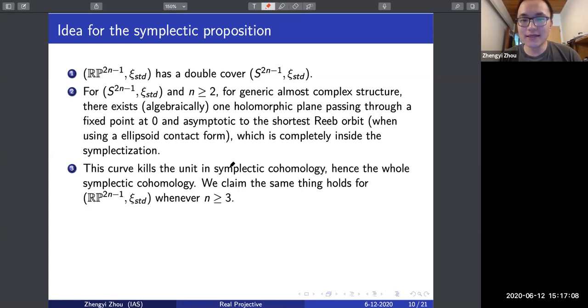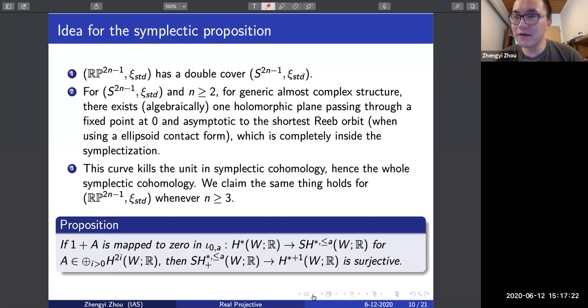What we claim is that the same phenomenon holds for RP^(2n-1) as long as n is bigger or equal to 3. That is, we have the vanishing of symplectic cohomology for this imaginary exact filling. Then we can use the following property to get an estimate of the cohomology of the filling. If 1 plus a is mapped to 0 in this continuation map from the cohomology of the filling to the period filtered symplectic cohomology, for some positive degree a, then